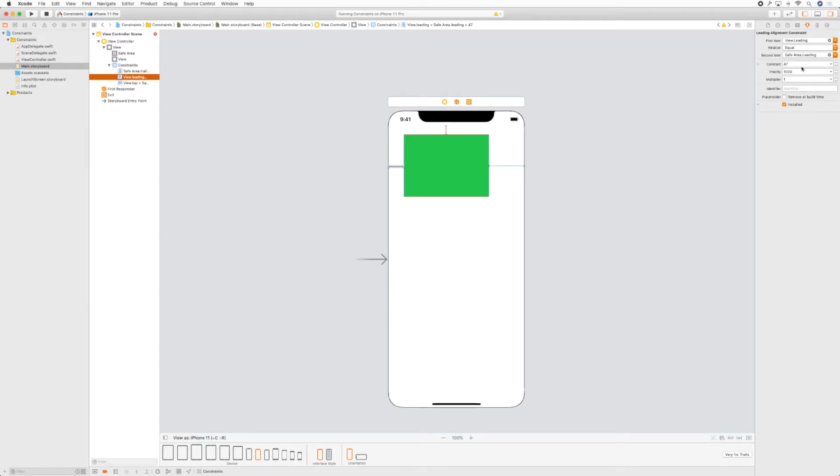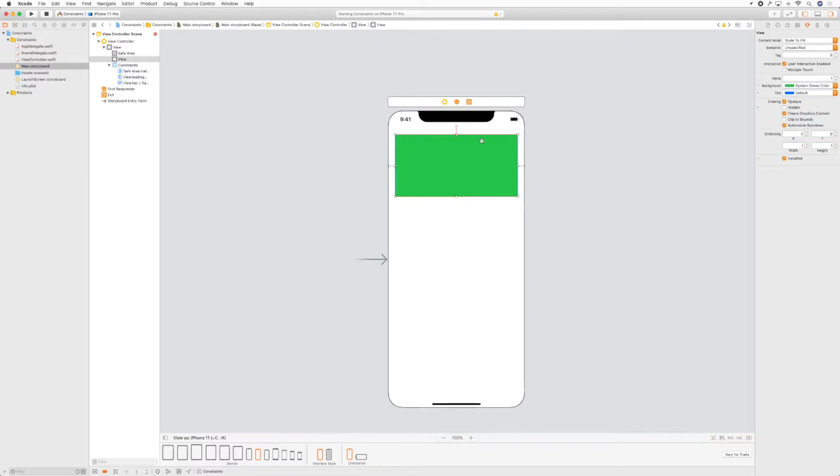I can see up here the constant of that constraint. It doesn't know if it's a width or height, but it knows that it has some constant, and that constant is 47. So let's make it 20, and then we'll make this constraint, which I managed to click on, equal to 20 as well. You'll see there's still an error appearing, and that's because